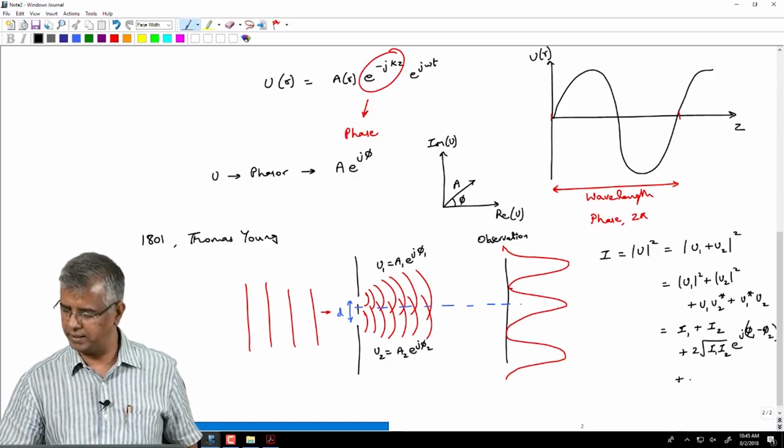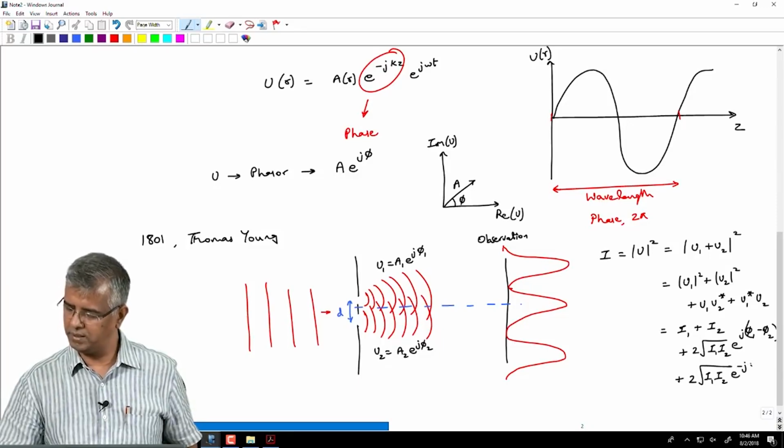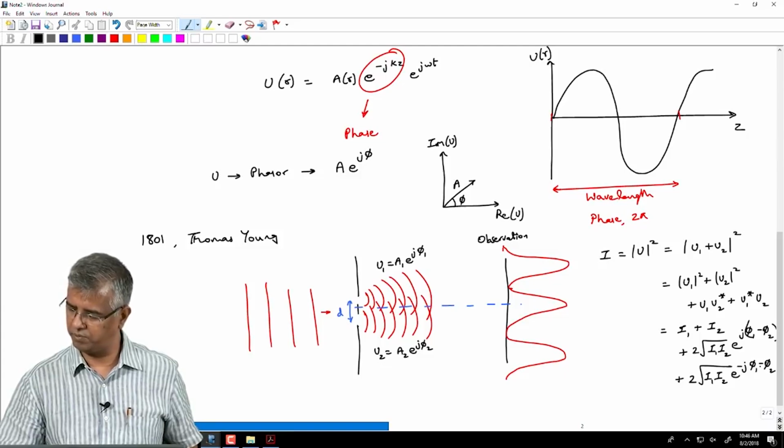And similarly, the other term is going to be 2 root I1 I2 e power minus j (phi 1 minus phi 2),